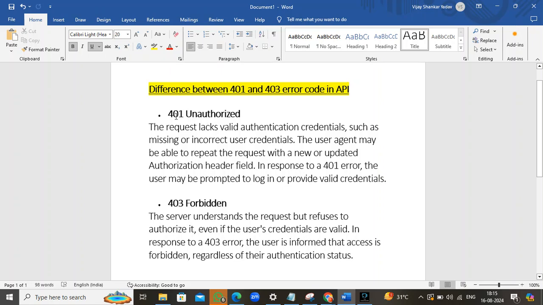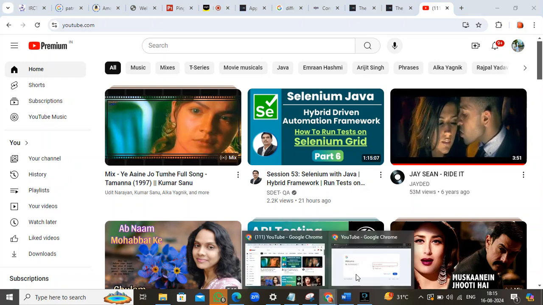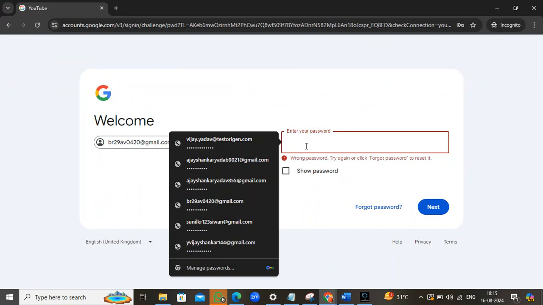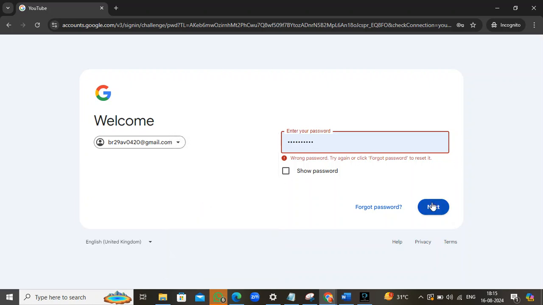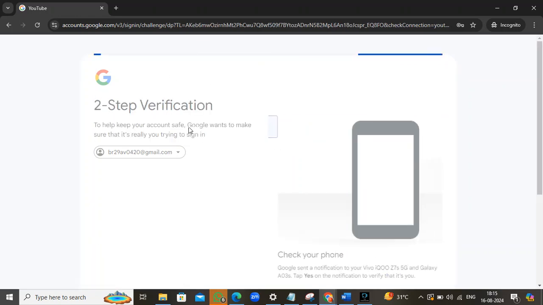So in that case we get 401. In this case, we have to provide a valid credential, then we can access the particular things.